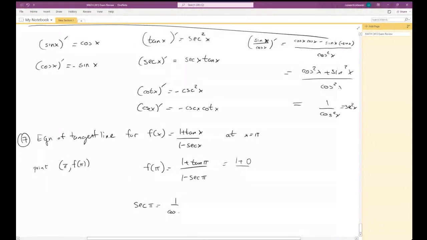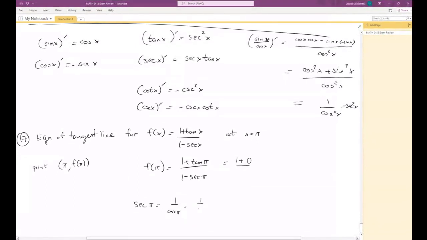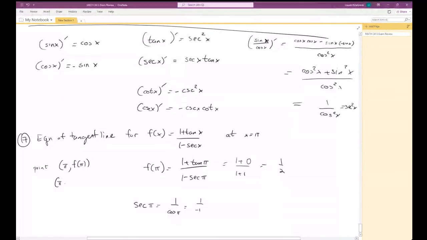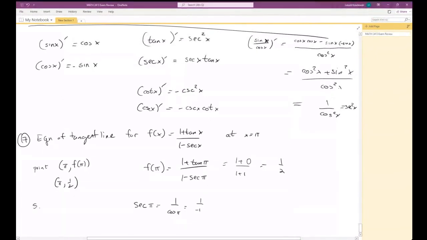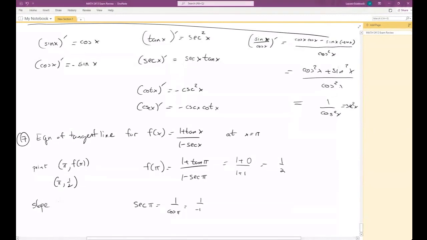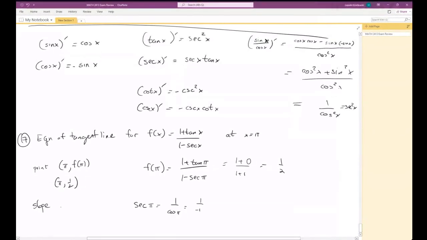Secant is 1 over cosine. So cosine of pi is negative 1. So the y value is 1/2, right? The point is pi and a half. All right, so now we're going to find our slope, and we know that that's the